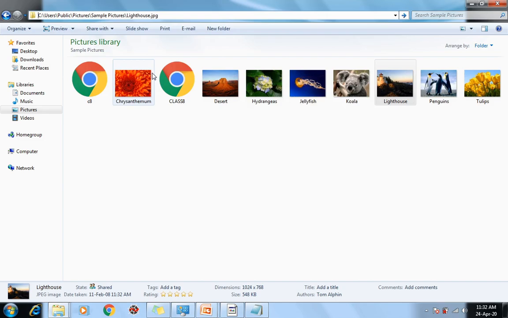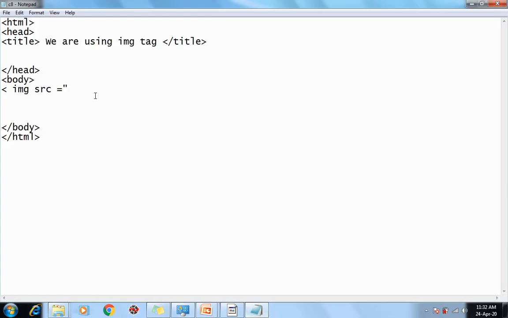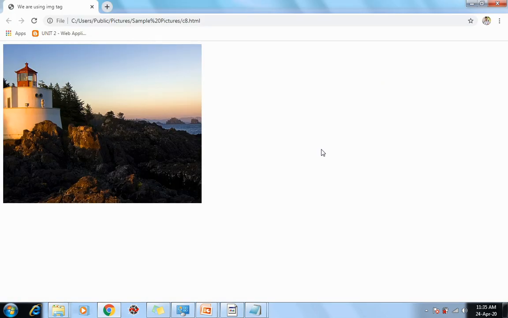We have to take lighthouse. So we will copy this path and paste it into the existing document. So in this manner we are able to insert an image into our HTML document.